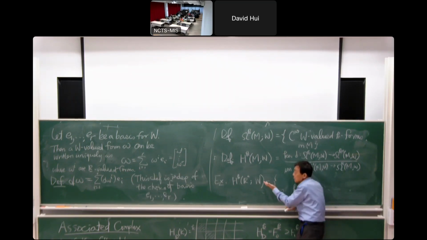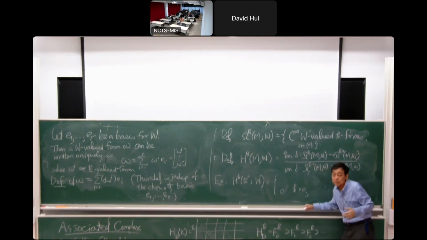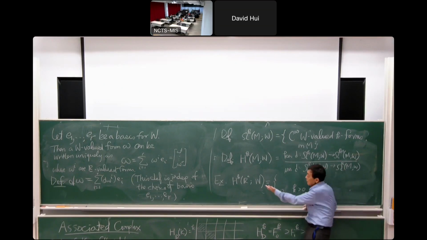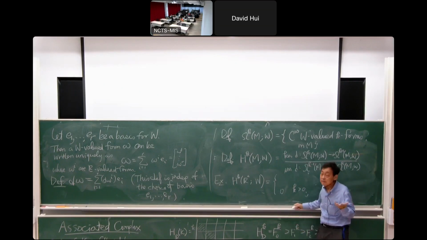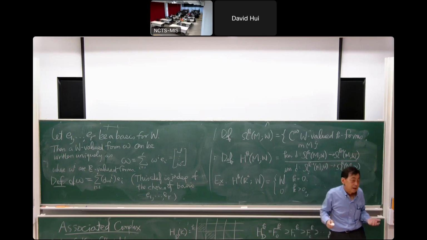And in degree 0, well, you actually have an invariant answer because it would be the W valued functions whose derivative is 0. So it would be the locally constant W valued functions. Because R^n is connected, it would just be the constant W valued functions. So it would just be W in degree 0. Okay. And then